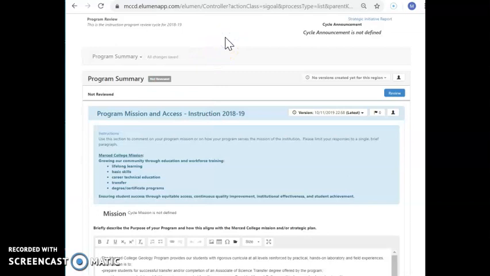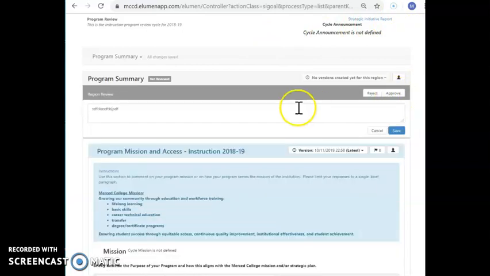When you go in here, read through each of the sections, and what you want to do is click on the review button right here, and you can put your text in here. You can click on reject, and it'll highlight it with red so the authors will know that that section did not meet the approval. You can also click on approve right here, and you can see it changes the color and it's highlighted in green. Once you're done with this for each of the sections, you do want to click on save